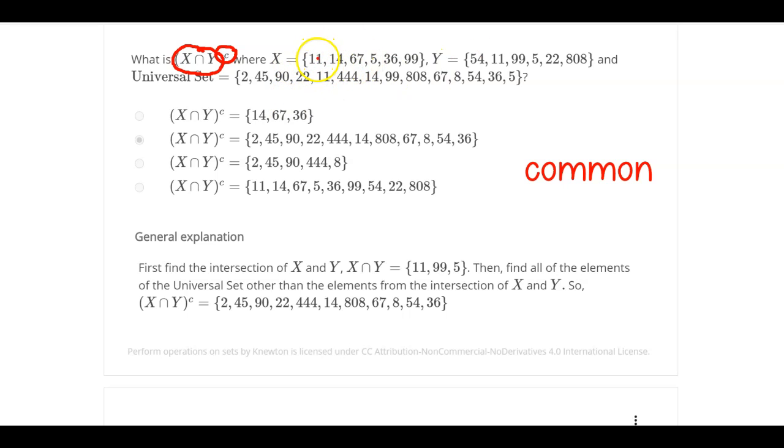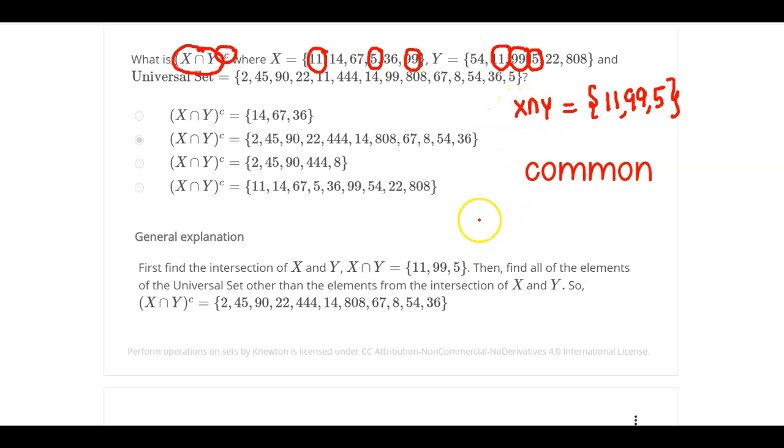So when I'm looking at X and Y, I see an 11 common. There you go. What do I see? I see a 99 common. Right? What else do I see? Am I missing something? Yeah, I see a 5 common. And that's all I see. So my X intersection Y is simply 11, 99, and 5. But wait a minute, they're not asking me for X intersection Y. They're asking me for